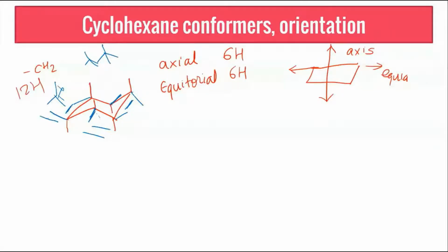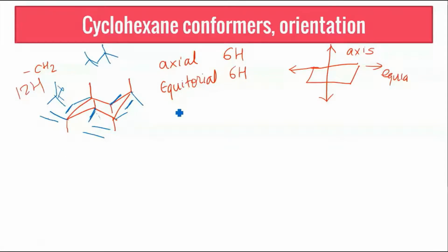The reason is, if you don't draw it in the correct orientation, indirectly you are giving a hint to the examiner that you are not clear with the concepts of OC. So avoid that as far as possible. Draw the correct form, and in chair structures, draw a good chair form. Don't draw a distorted chair. Few of the students draw some random chairs here and there. Don't do it this way. Draw a good chair conformation so that you represent all the bonds correctly.